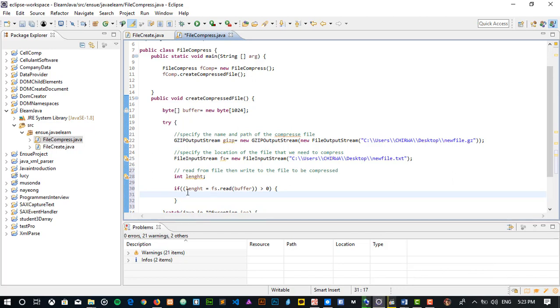Alright, so if this length is equal to fs, which is the file that's being read from, okay, if the length is equal to the file that's being read, that read the buffer, which is the maximum of that, which is the text file. Alright,